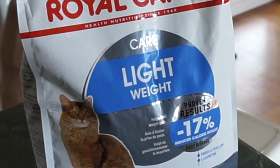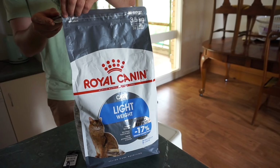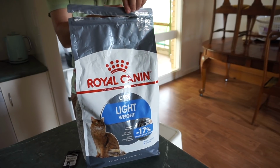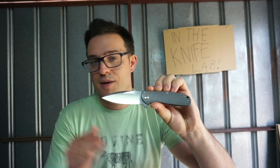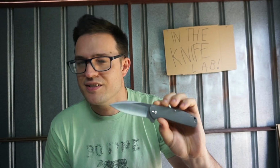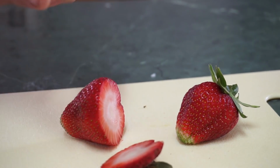Maybe not for my harder use blades or my bigger, sillier knives, but for an everyday carry slicing knife, a hollow grind is really going to get you that extra mileage, especially from a steel like S35VN, which is nowhere near the top of the tower anymore in terms of edge retention, stain resistance, but is still a highly competent steel. So hollow grinding such a steel with a really nice hollow like this, really thin behind the edge, is going to keep it cutting really, really well, even when perhaps this edge is going just a little bit less than screamingly sharp. So I really am happy with the hollow grind on this one, and it's in fact my